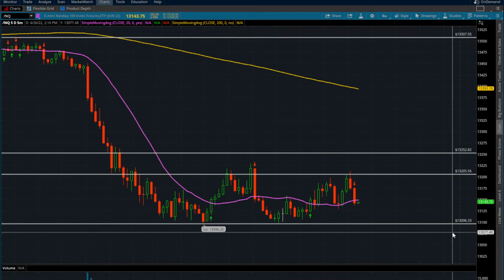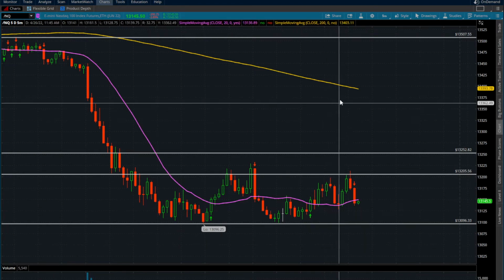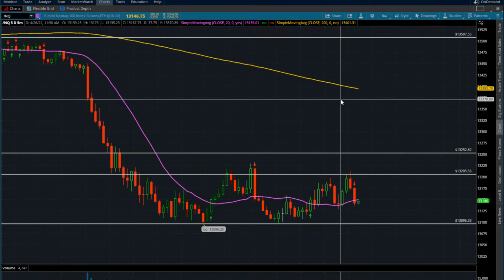So low of day can mean anything as the trading day goes on. And for example, a day like today where we consistently are putting in these lower lows, there's going to be a new low of day every hour, every 30 minutes. So currently right now, looking at the NASDAQ futures, the current low of day is